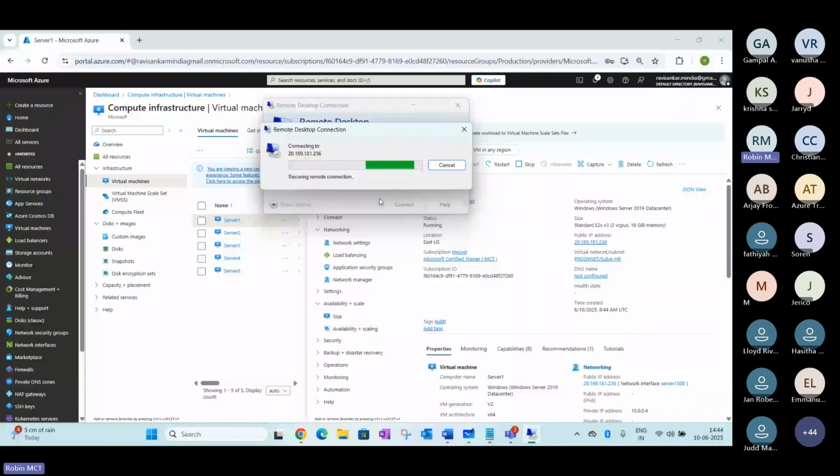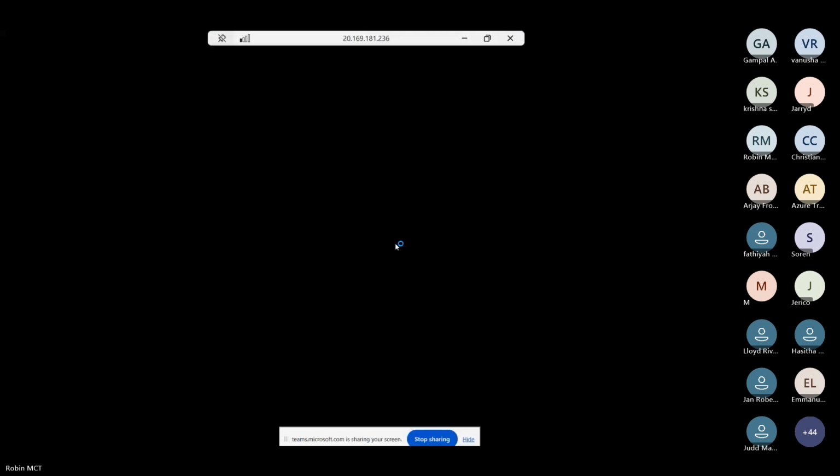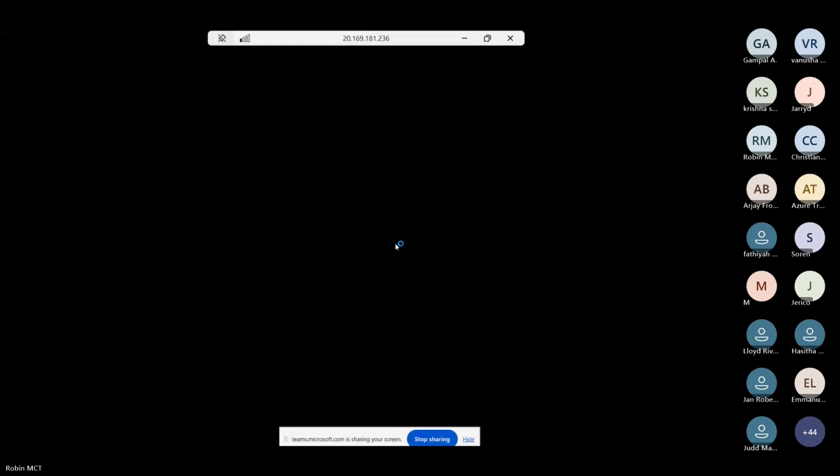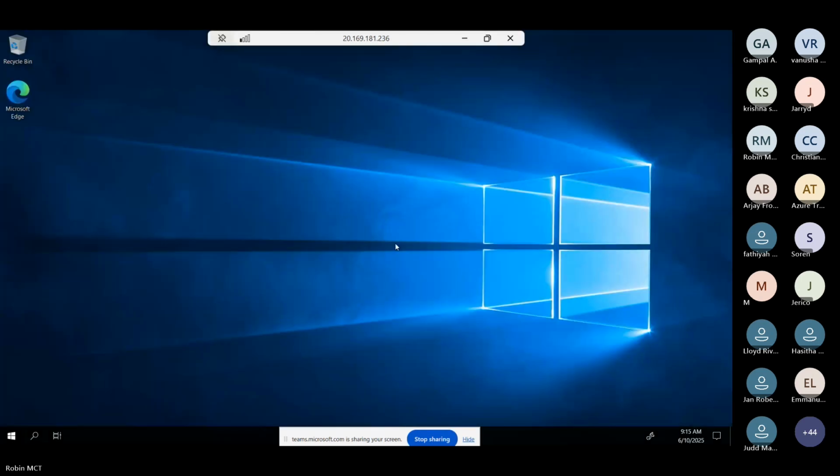So we are just trying to see this subnet to subnet communication here. You can see the configuration has been possible.